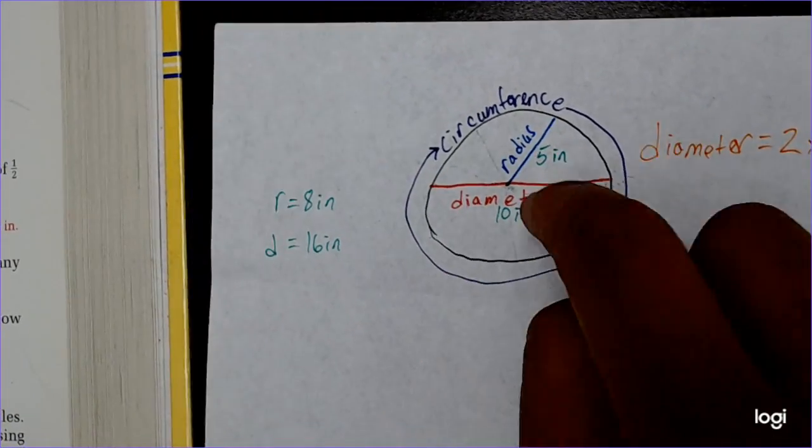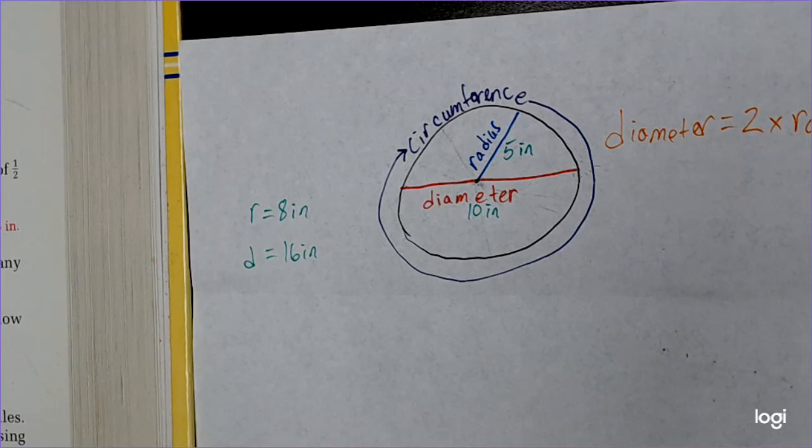We're learning diameter, radius, circumference. Remember, circumference is like the perimeter of a circle, or the distance it takes to walk around the circle one time. And don't forget, diameter is twice the radius, and the radius is half the diameter,